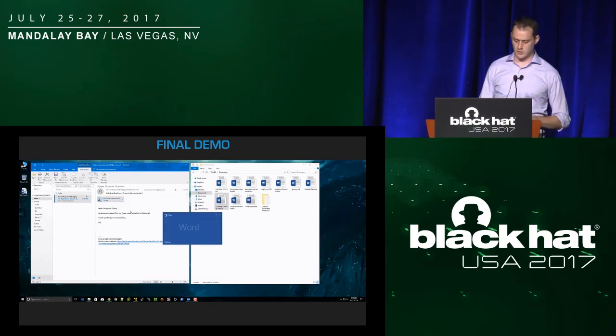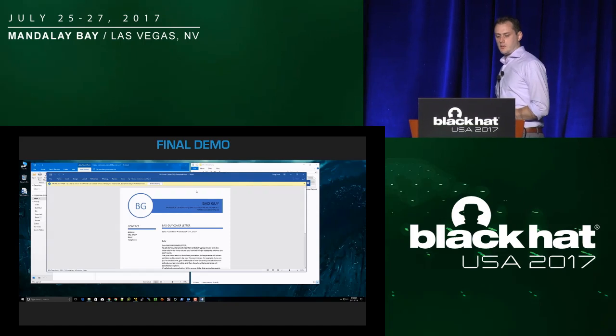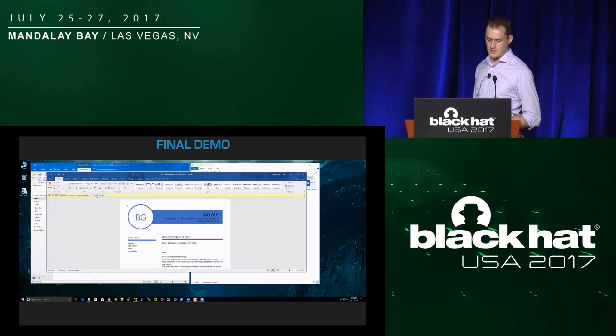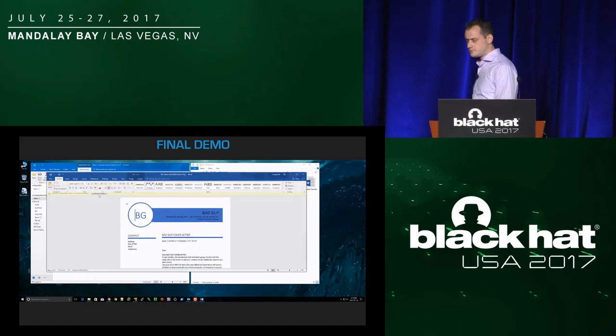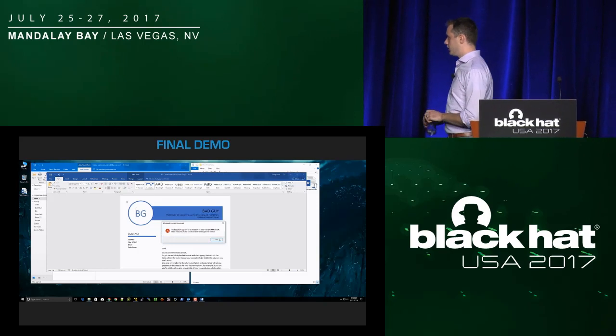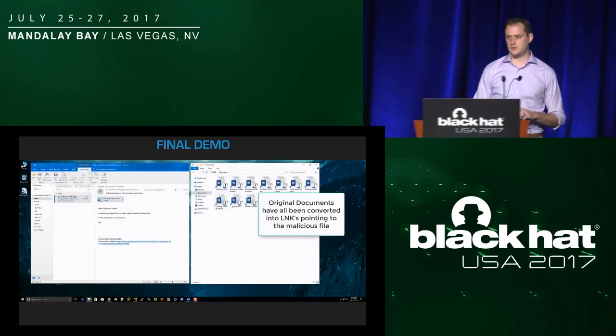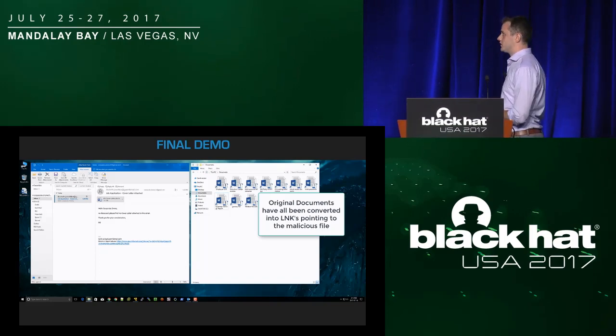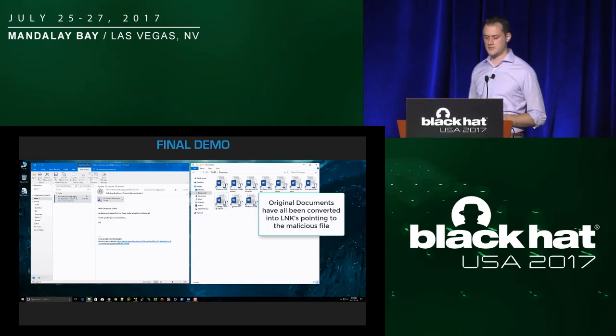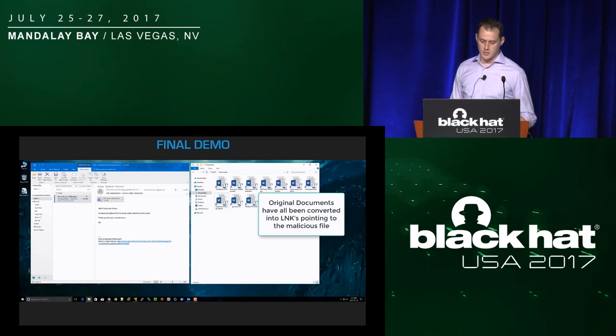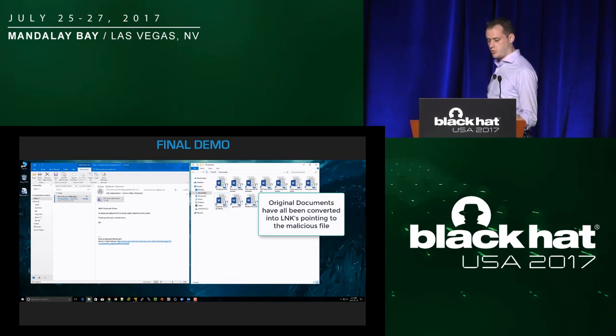So he's going to go and open it, and we're going to see what we probably expect here. We enable content. It's a macro, right? It's not interesting. And then we press OK, and then immediately we see our documents have suddenly transformed from documents into shortcuts. And of course they look like docms. You can change that if you'd like. But now they are only a shortcut pointing to that malicious file. So you can see when you open the path,